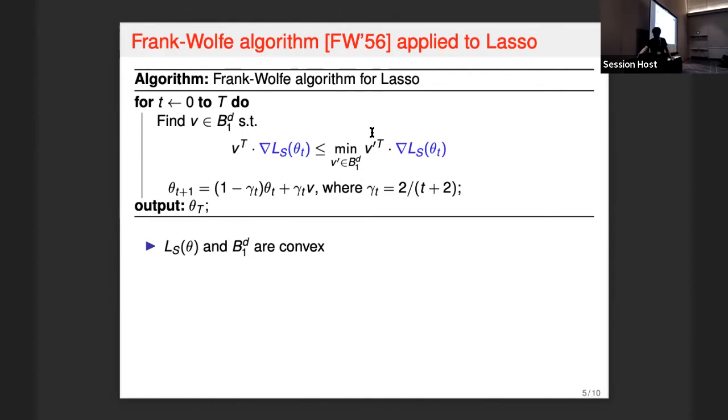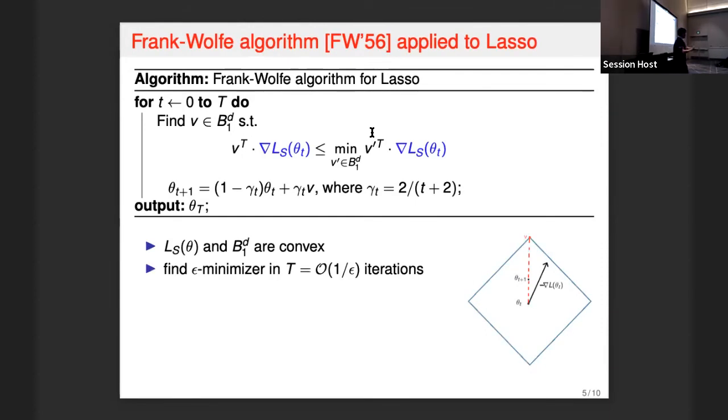And here is the picture explaining how it works in each iteration. Suppose we have theta t. We compute its gradient, and then we find the vector phi that minimizes the inner product with it. Because we are inside the L1 ball, it is typically a corner of the L1 ball. After that, we use this vector phi and the previous candidate theta t to compute our new candidate theta t plus 1.